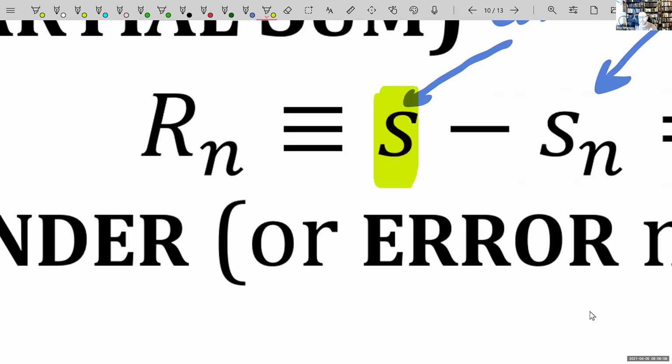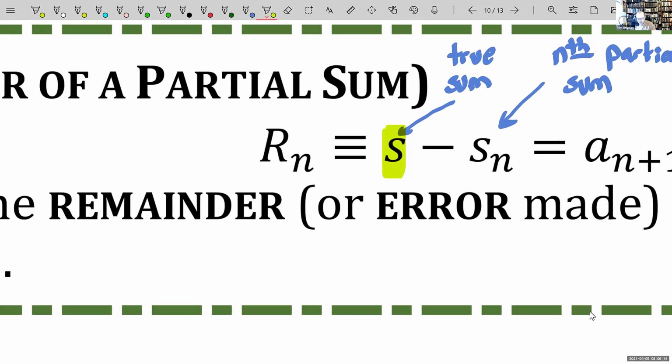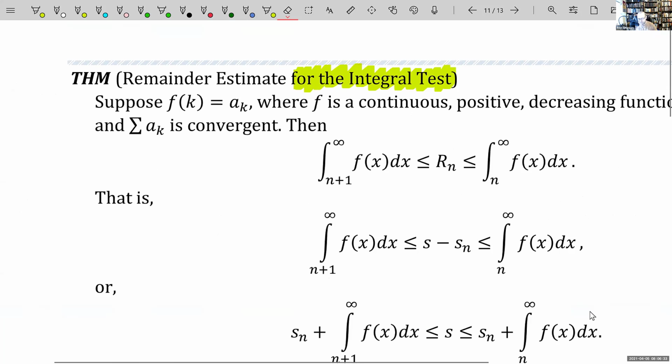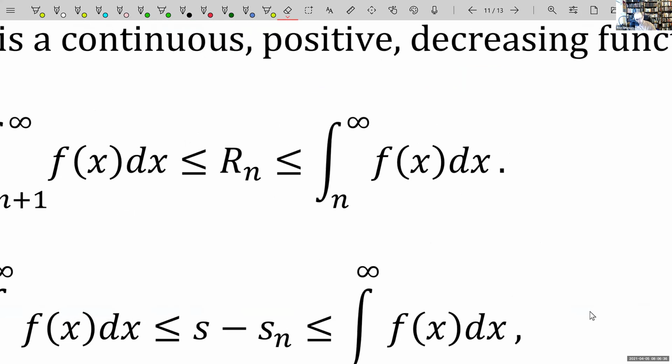I already know what it sums up to, right? So this initial definition to me was always, I always hated it. I thought this is a terrible definition because, again, the nth remainder or the error is defined in terms of knowing the true sum. However, in the theorem here, we're saying, well, we don't know the true sum, so we're going to approximate this error here